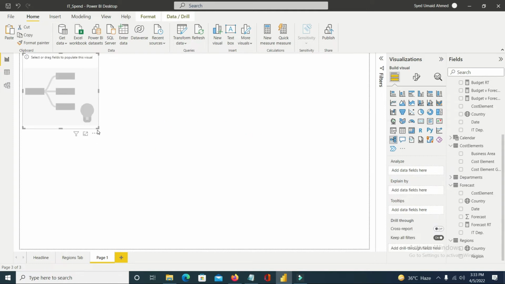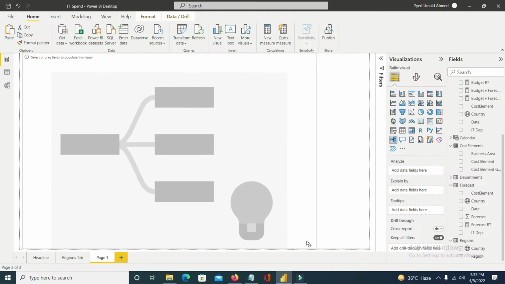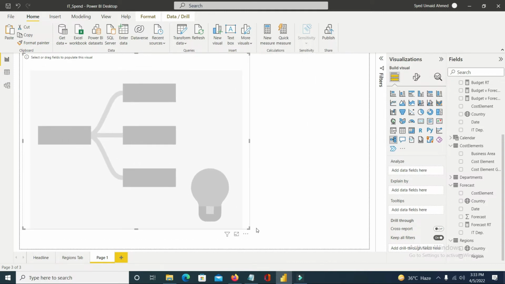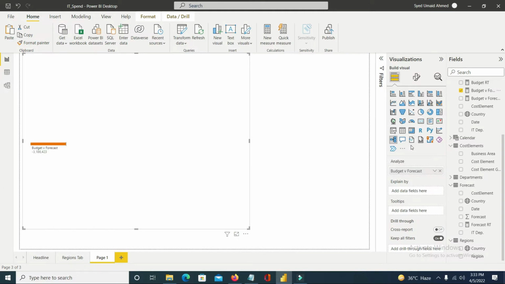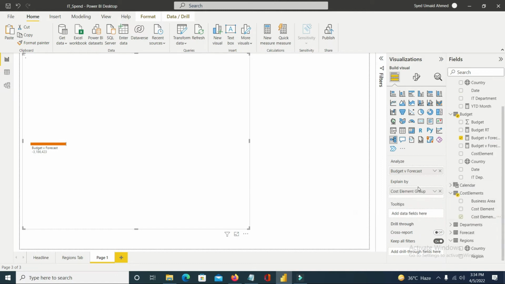And this decomposition tree helps us in doing the root cause analysis of any of our problems. So there is a tab called analyze, and in the analyze I will add budget versus forecast. Okay, and there is an explain by field. So in the explain by field I will add a lot of things. So let me go towards the cost element group first, I will add it here. And the second thing I want to add is the IT department, so I will add the IT department here. The third thing I want to add is the cost element,